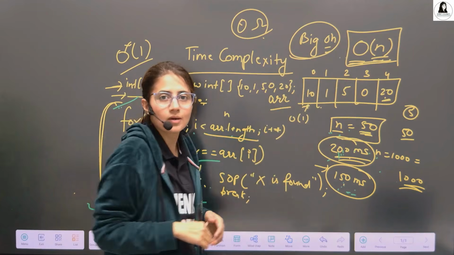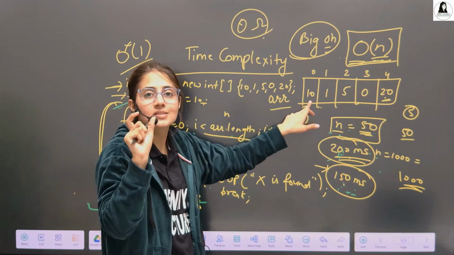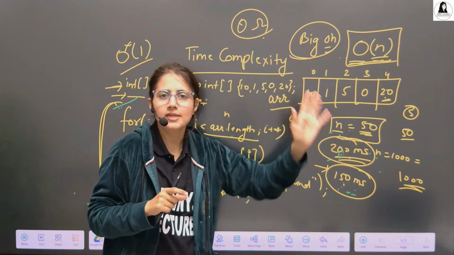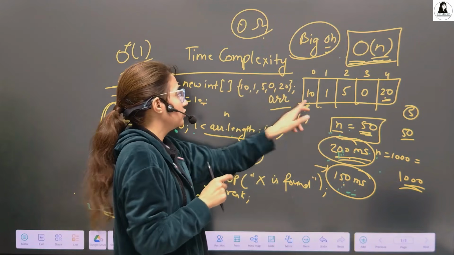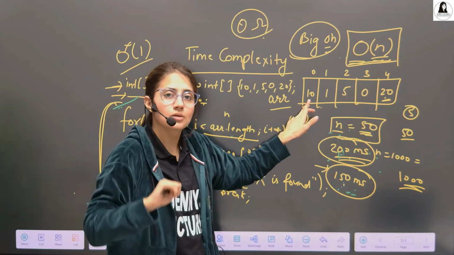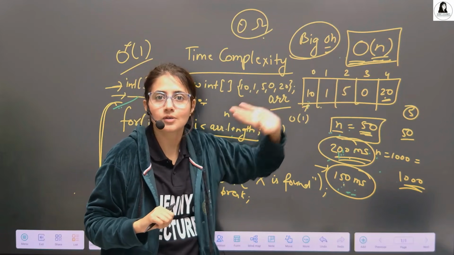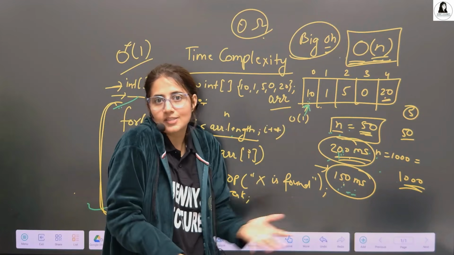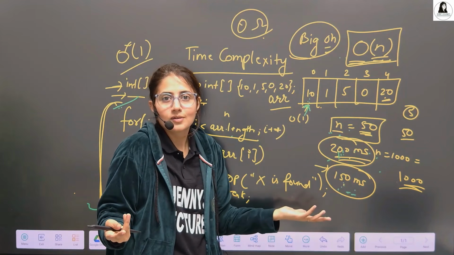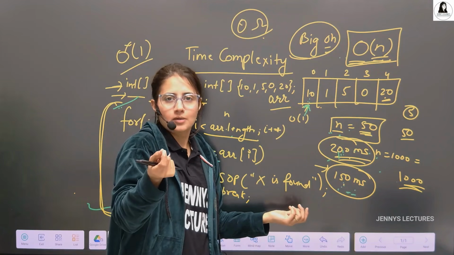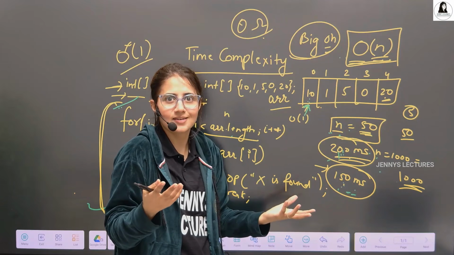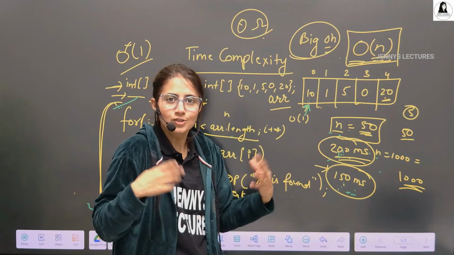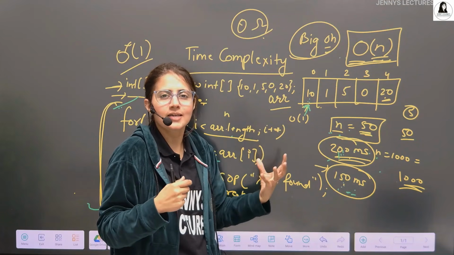Why are you saying order of n? This is the best case. Suppose you have 1 million data, 10 million data, and every time whatever you want to search is present at the first element. So you don't need to search further. At the first element only, you compare and you get the output. Yes, element found. So this is the best case, but obviously the best case doesn't exist every time. While choosing the type of algorithm, we generally take the worst case.